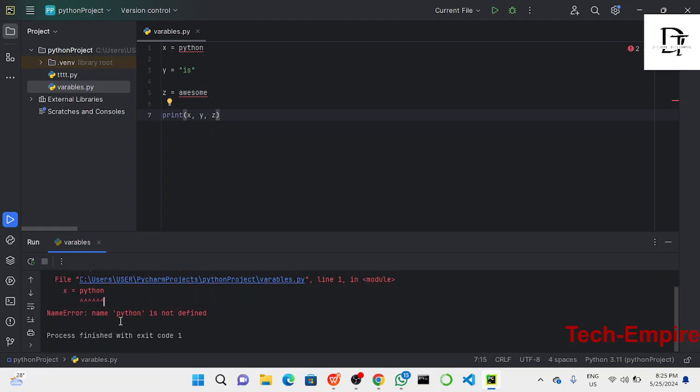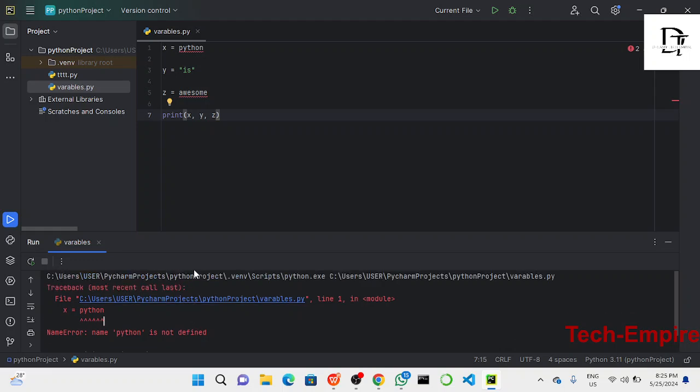It says Python is not defined, that is, there is nothing like Python. The reason why it's not talking about this one is that Python starts from the first line of code. If it discovers there's no error here, that is when it comes to the next. If it discovers this one has no error, it moves to the next line until there is no more code. The reason why you are seeing this alone is because there's an error here. If I try to correct this now,